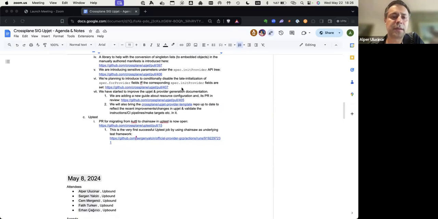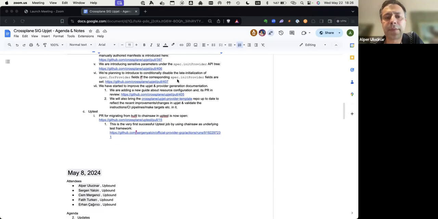And yet another improvement that we are planning to introduce in Upjet is to extend the way you configure the late initialization. There are already a bunch of customizations that you can make in the late initialization behavior of certain fields in many of those APIs.